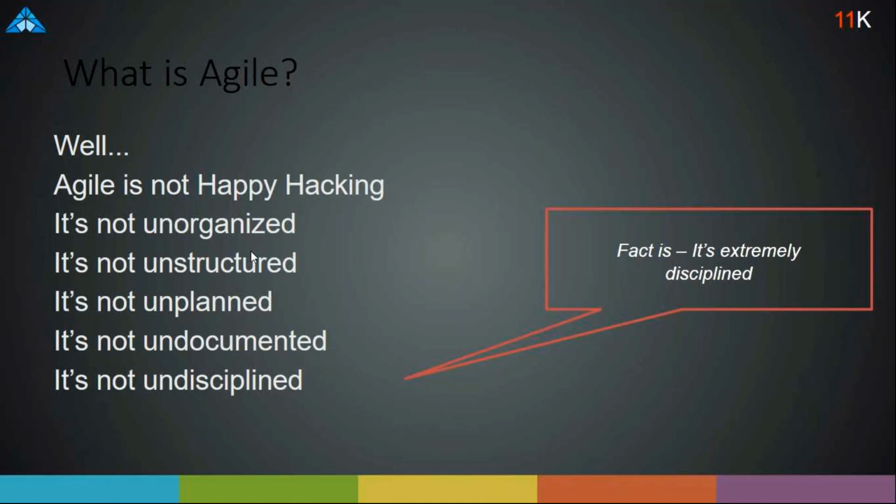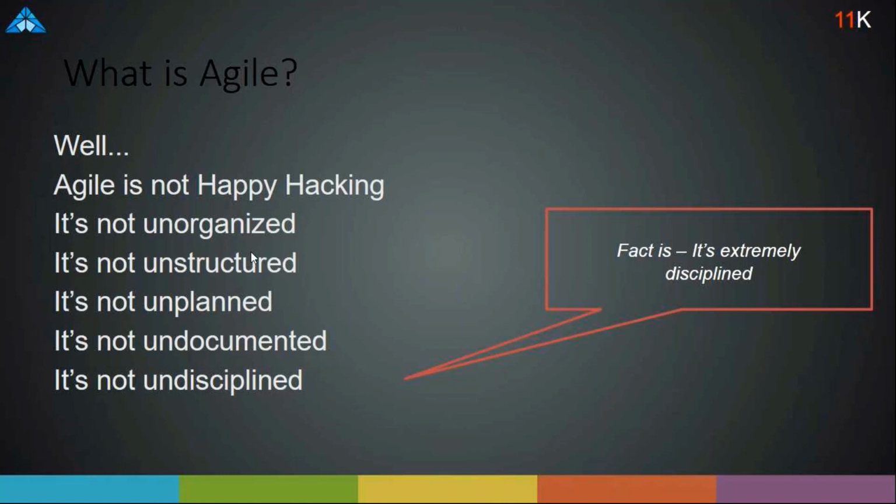The next two points which I was already highlighting: people say that there's no documentation. That is a very, very wrong misconception. There is documentation deliberately required in Agile, but that is a minimum. It's not that I am going to dedicate an entire month or a week only to do the documentation. It happens in parallel while the work is in progress. So definitely we have not kept aside any week or a day just to work on documentation.